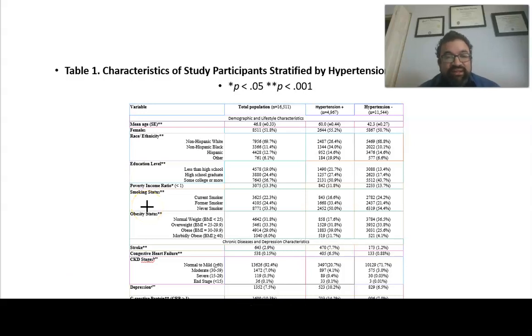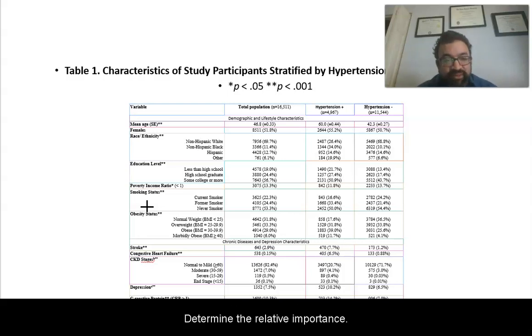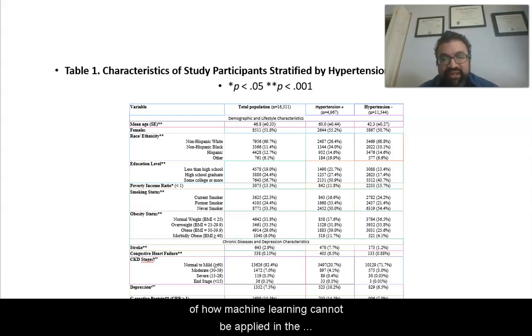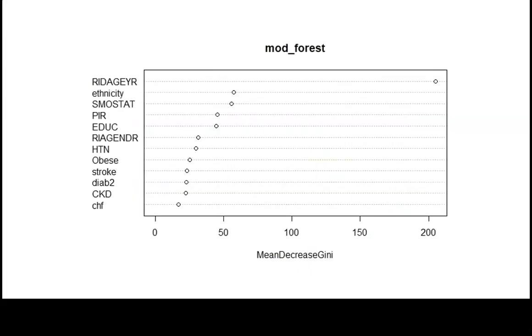As you can probably determine in the machine learning part of this, we were able to determine the relative importance. So in conclusion, we have here a demonstration of an example of how machine learning can be applied in the National Health and Nutrition Examination Survey,